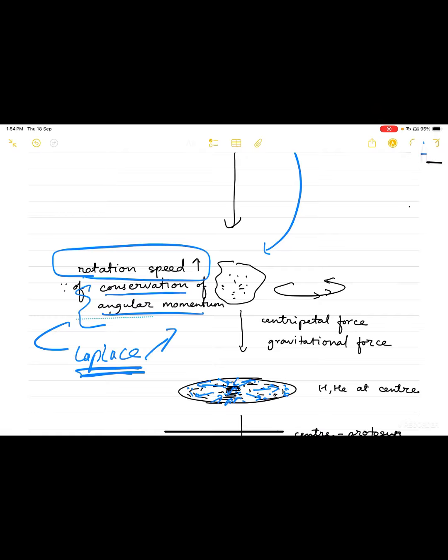If we want to understand the conservation of angular momentum with an example, think of an ice skater. When they start rotating with their hands spread, when they are bigger, they rotate at a certain speed. But when they scrunch down, get their hands closer to the body and in a way get smaller, they start rotating comparatively faster.